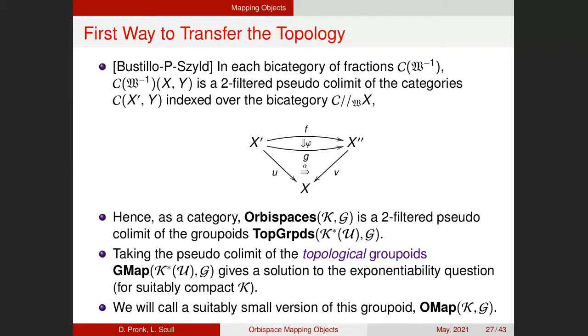Now we want to transfer the topology that we know for topological groupoids to the Orbi groupoids and their new maps. And together with Pablo Bustillo and Martin Zilt, we have proven that if you look at the bicategory of fractions, the Hom sets, or Hom categories, form a two-filtered pseudo-colimit of the categories of arrows and two cells in the original bicategory that you started out with. And so we could then say, well, let's take that two-filtered pseudo-colimit inside the category of topological groupoids. And if you do that,